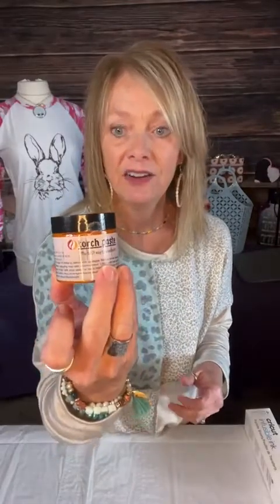But you can use torch paste on these, and you can use the heat press to get it burned in there, instead of using the heat gun, because it takes a long time to use a heat gun. So I used my Icon Art stencil maker, and I made some stencils that we're gonna try,